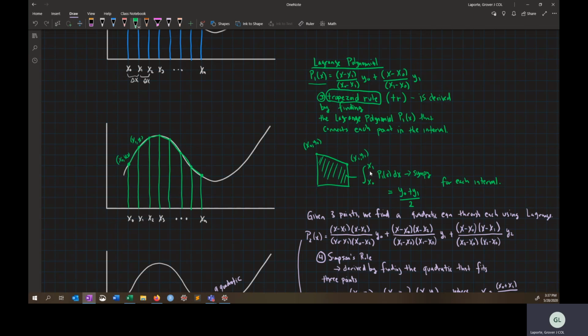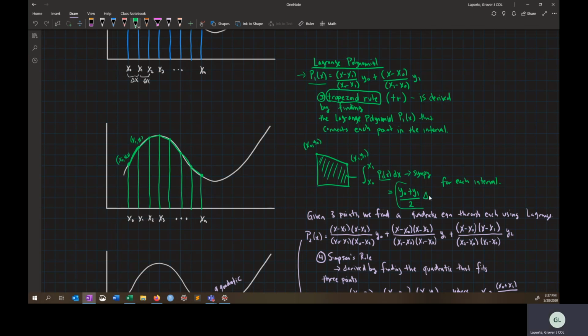And then if you actually took that line, right? So this line right here, and integrated it in the very general sense from x0 to x1. So this would be the very general line right here, and I took that and put it into P1x. You would actually get this equation